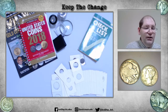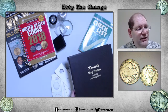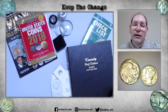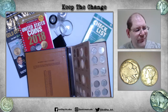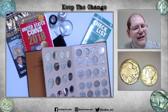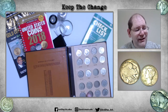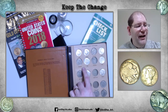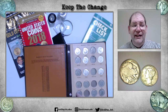If you decide that you really want to collect those, but you want a much nicer presentation piece or presentation binder, they make these big catalog binders. This is called a Dansco book, and as you can see, as soon as you open it, it's totally different than the previous one. In this case, each coin has its own slot again, but they have a plastic cover on both sides, so that way you can see the front, you can see the back. You can't physically touch the coin unless you slide this little piece of plastic out of the way. So they're a lot more protected if people are touching them. And again, they have all the slots just like before. And some of these binders even have screws that can be taken out, so you can expand them if more